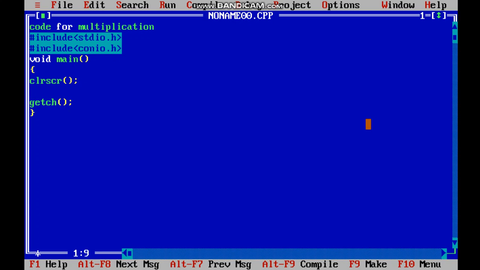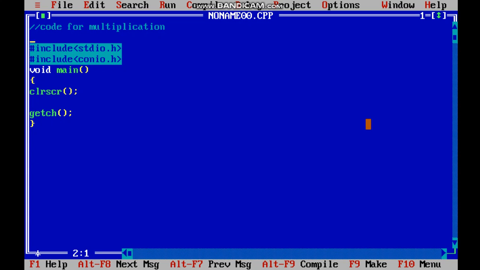See, it is rising white. It means for is a keyword, we cannot use it. But when we put slash twice, this becomes something which won't reflect in our code. That means it is just a waste. See, you can put this anywhere. After two slashes you will write any line.